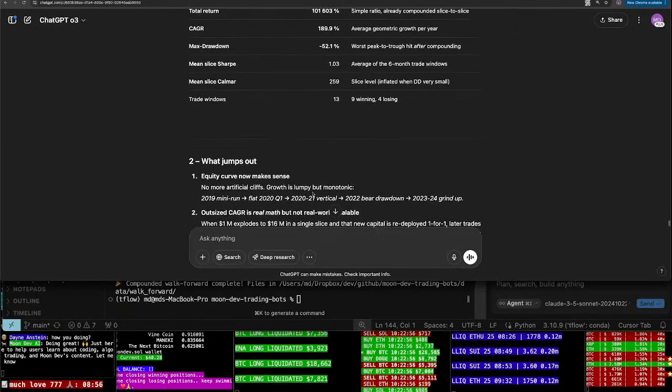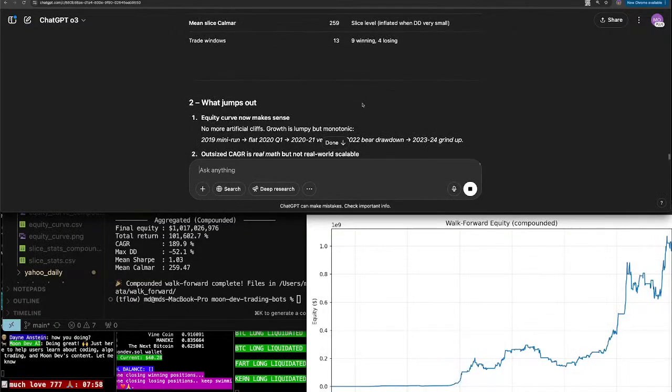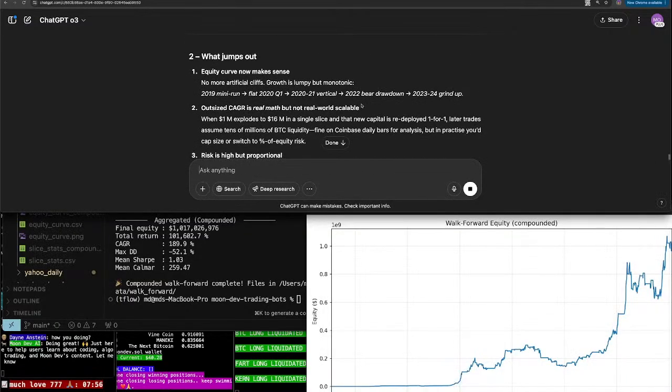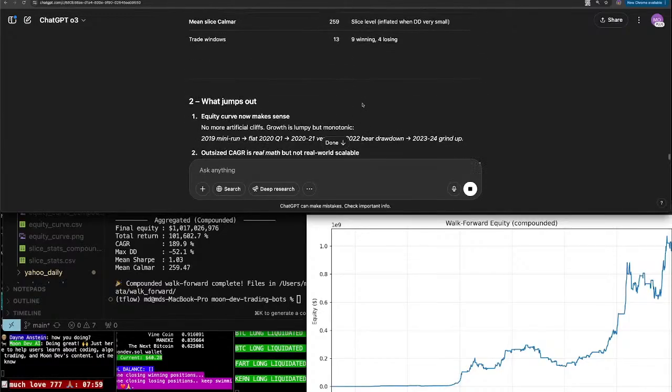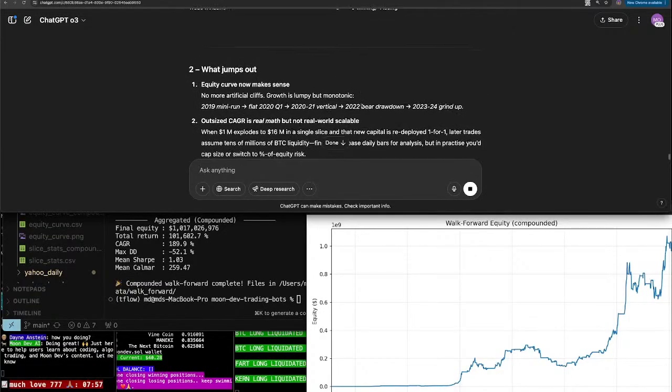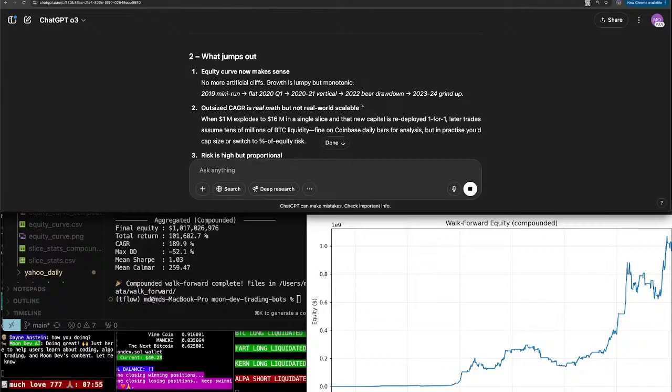What jumps out? The equity curve now makes sense. No more artificial cliffs. Growth is lumpy but monotonic. Outsized CAGR is real math, but not real-world scalable. When 1 million explodes to 16 million in a single slice,